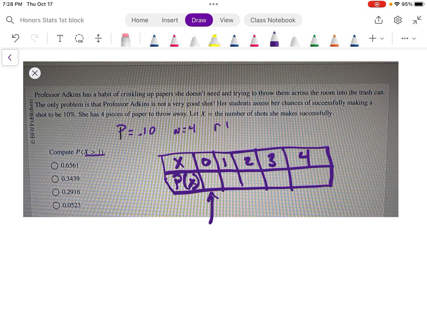So now with that in mind, the formula is nCr, and I'll show you on the calculator. I'll do this, times the percent success, 0.10, raised to the number of successes we're looking for, so r, then times the percent of failure, which is 1 minus 0.10, or 0.9, raised to the n minus r power. So when we look at our r being 1,